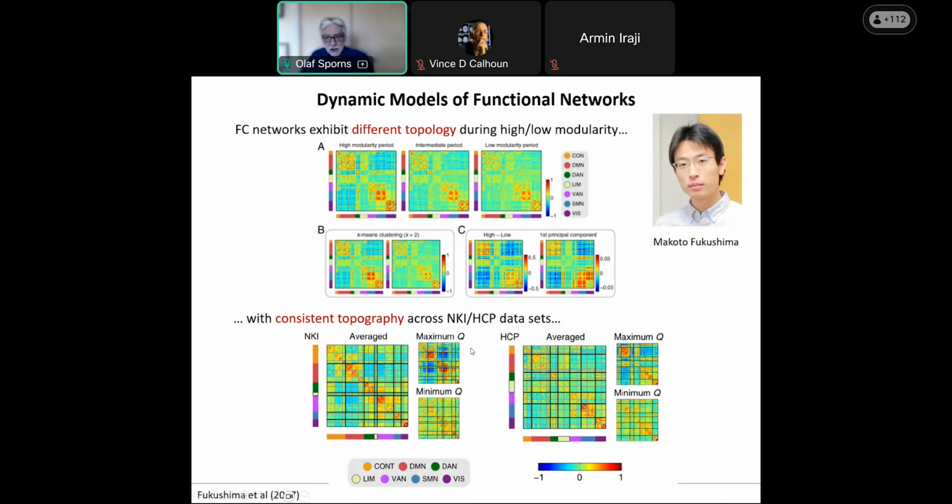A small snippet from one of his papers here is that he tracked modularity, the well-known Q metric, over time, essentially computed for each window at a given moment, and then through an appropriate null model, filtered out moments in time or windows where the Q metric was unexpectedly high and unexpectedly low. When you average those moments together, you get recognizable functional connectivity signatures for those high Q or high modularity moments, which across two different data